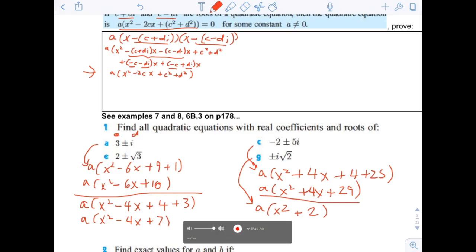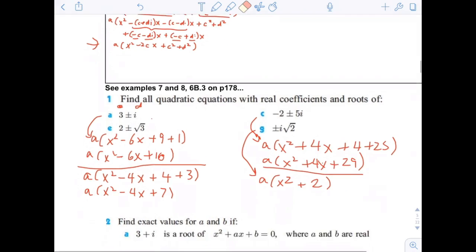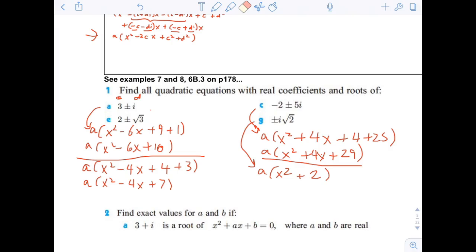I just noticed I did something wrong on E. Did you notice that this is not square root of 3i, it's just square root of 3? So let's redo this, okay? So erase that, erase that. So minus 2cx, so it's going to be 4x, and then the last term is going to be